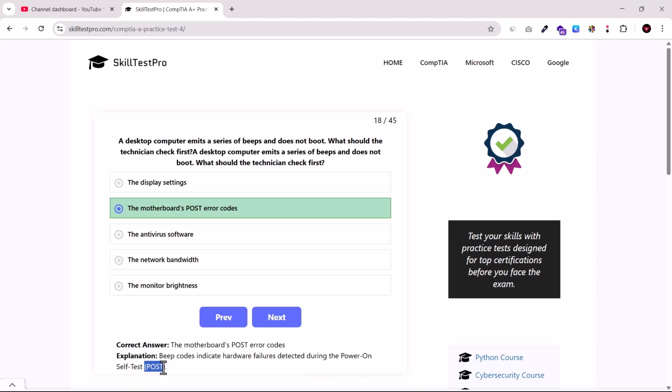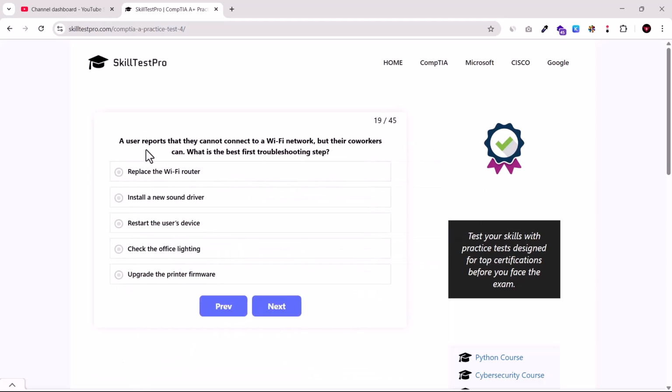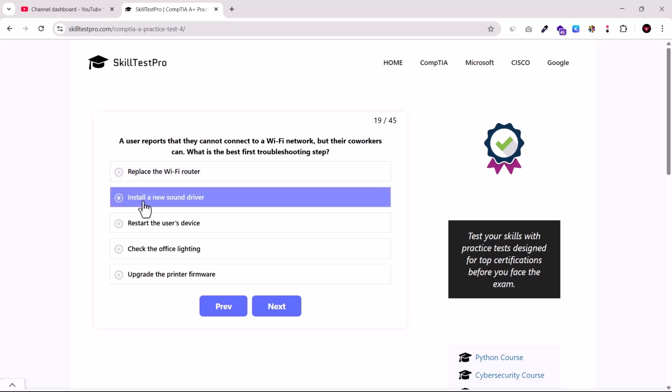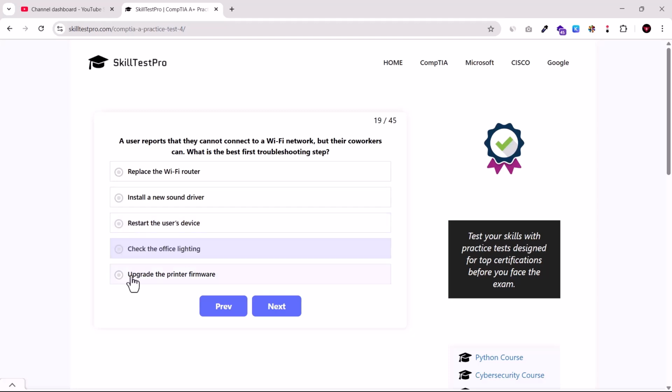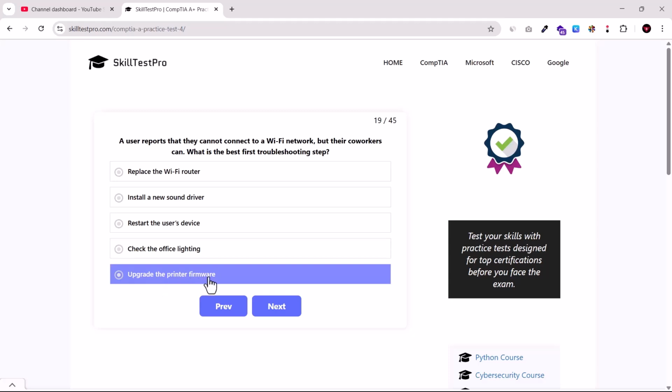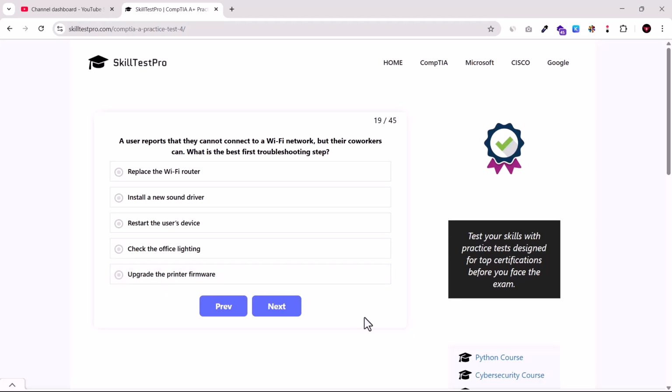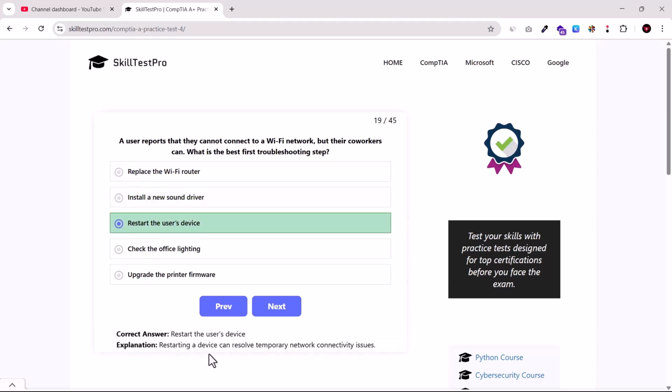self-test, or POST. A user reports that they cannot connect to a Wi-Fi network, but their co-workers can. What is the best first troubleshooting step? Replace the Wi-Fi router, install a new sound driver, restart the user's device, check the office lighting, or upgrade the printer firmware. And the correct answer here is restart the user's device, as restarting the device can resolve temporary network